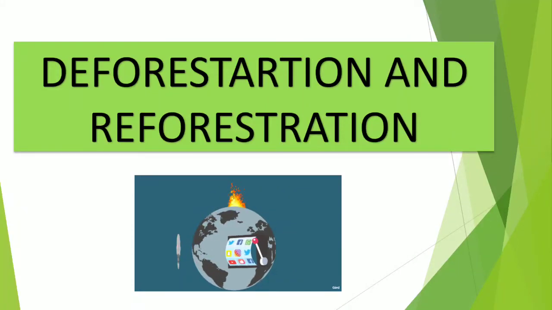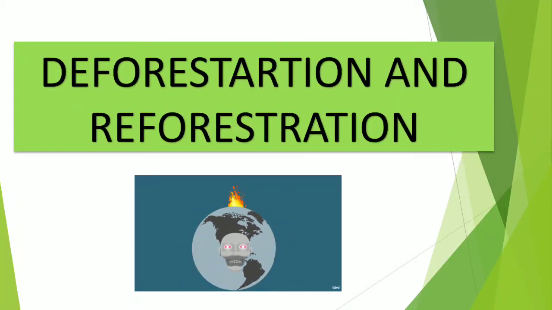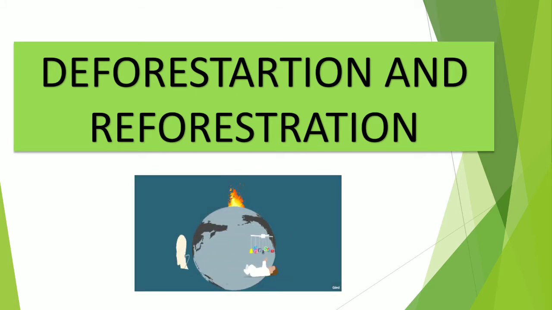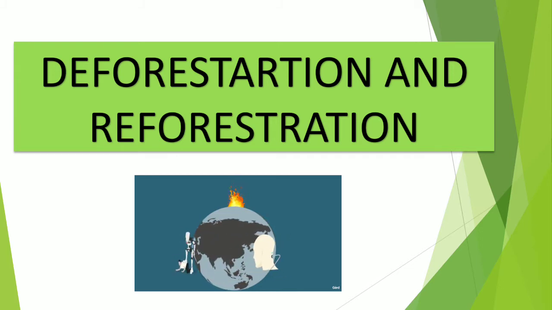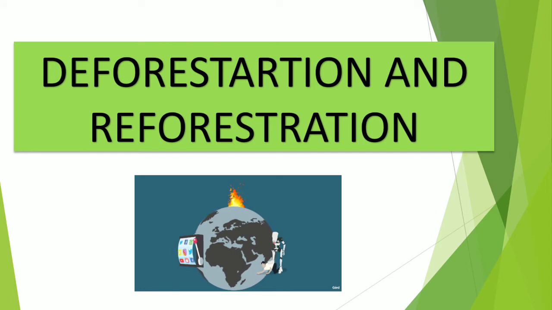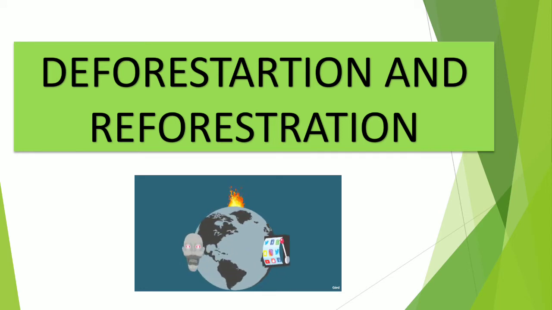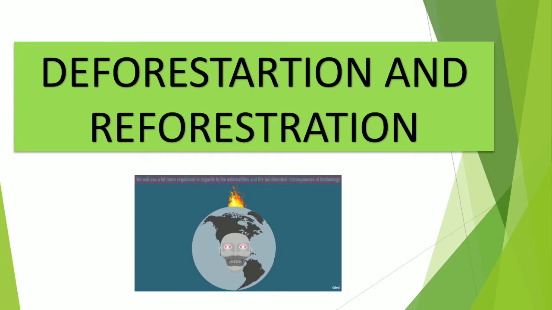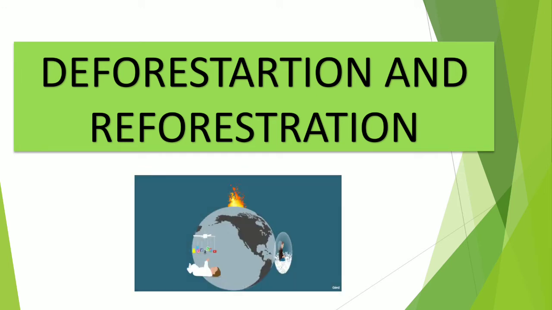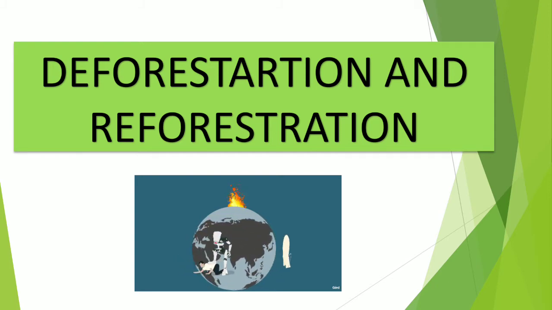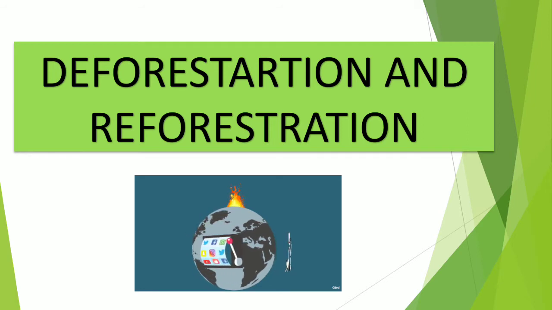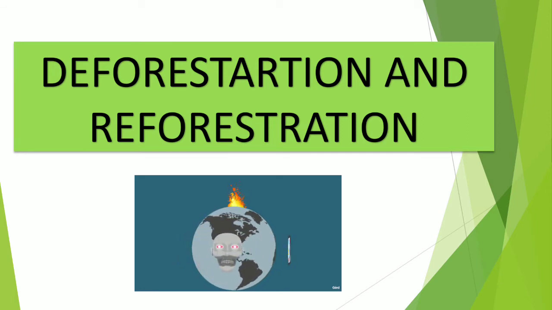About deforestation, reforestation, along with soil erosion and a case study on how we have to conserve our forest. Now, as we know the definitions of soil erosion, irrigation, crop rotation, deforestation and reforestation, and then the case study, the Chipko movement, these words are familiar to us. What does it say? It says to conserve our forest, to plant the trees, protect our nature, protect our environment. So let us discuss further about this.